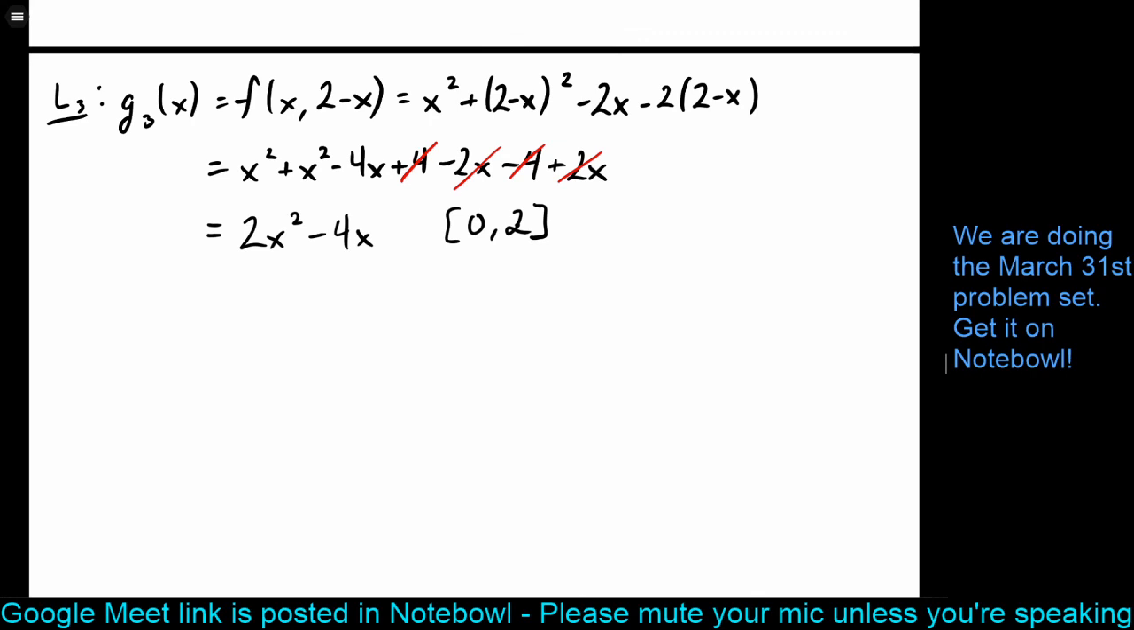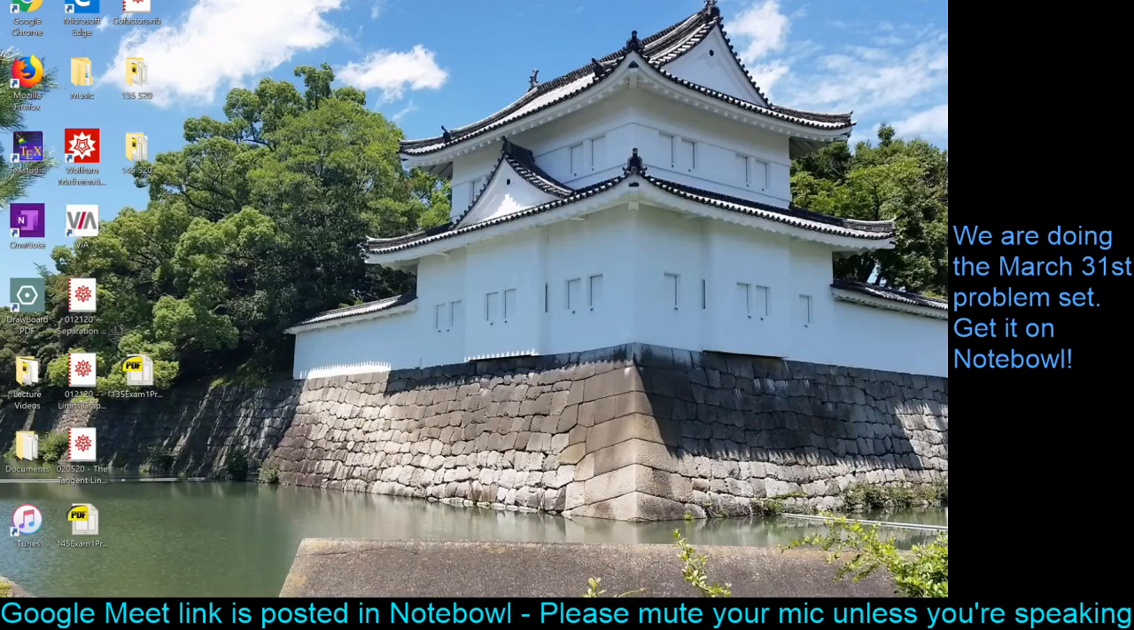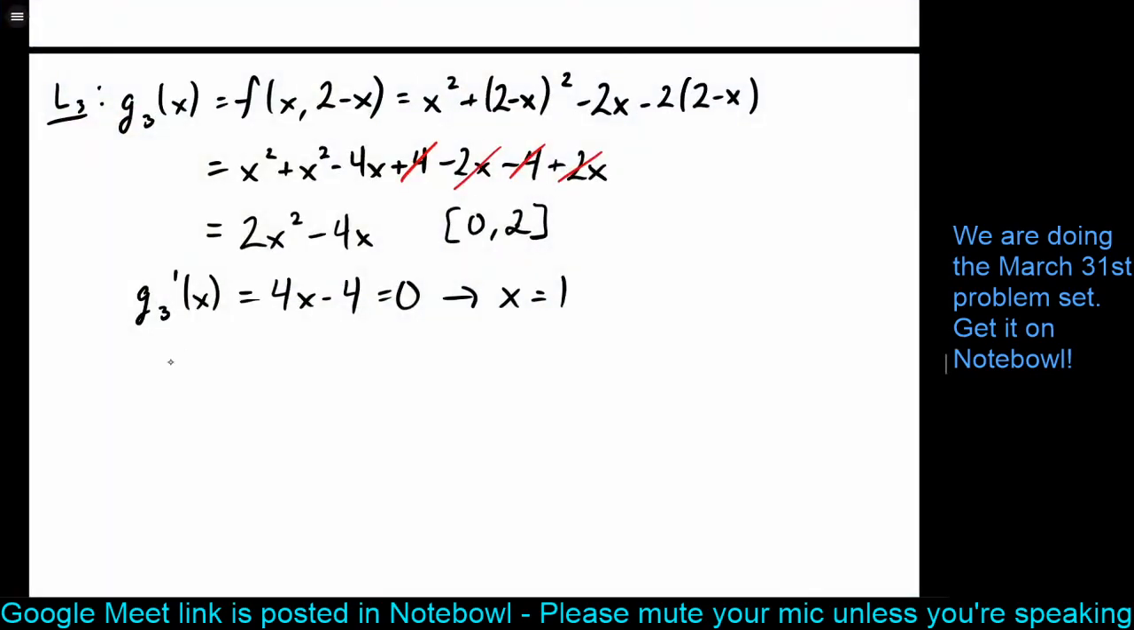All right. So again, just keep doing the same thing here. Differentiate this. We have 4x minus 4. We want to set that equal to 0. This says x equals 1. Now we need to get the y value. So it's important to remember that y is 2 minus x. So it's 2 minus 1, 1. So our candidate here